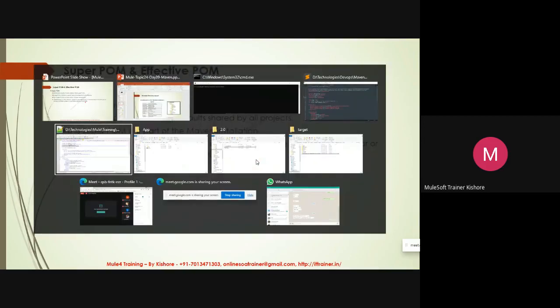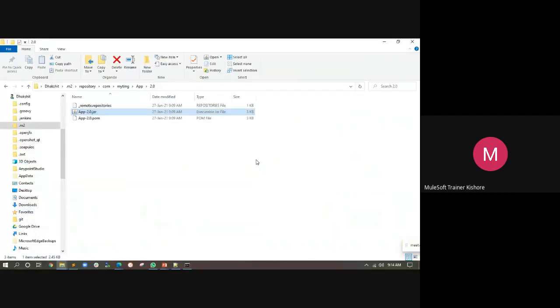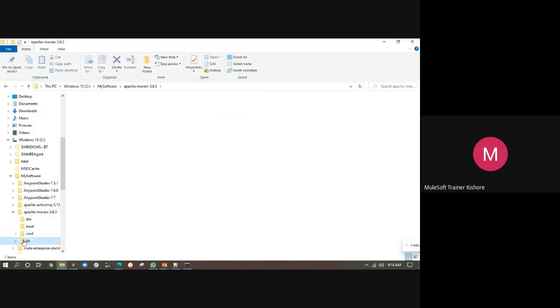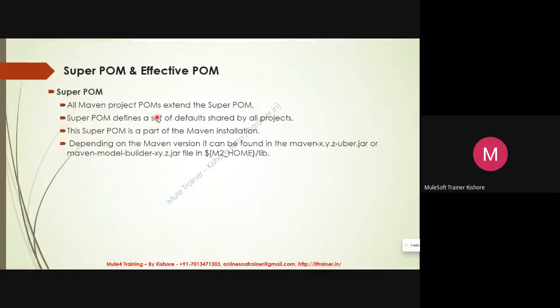So let's go to M2 home. What is M2 home? Wherever you have installed your Maven, that is your M2 home. Where is it? Studio, Maven, M2 home, library. And what is the library?